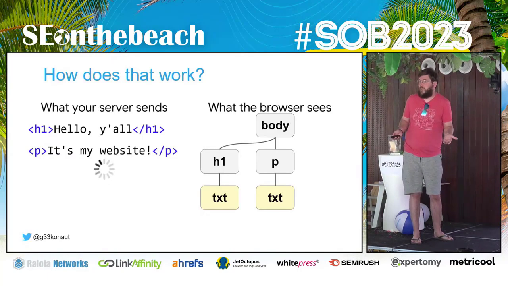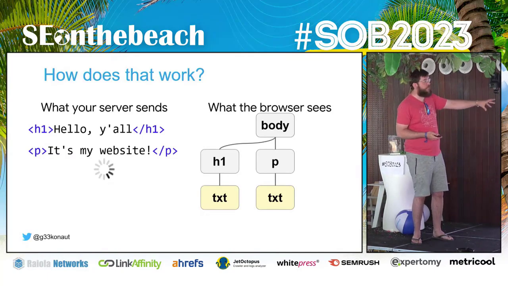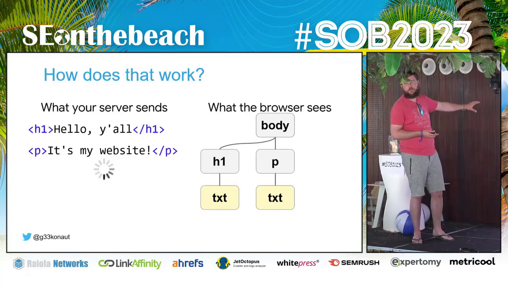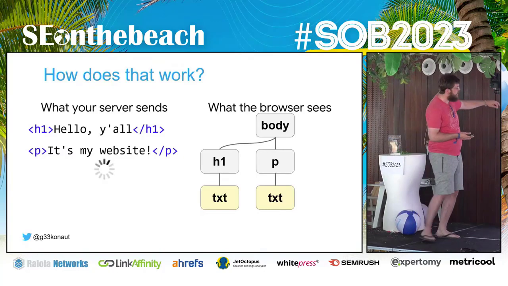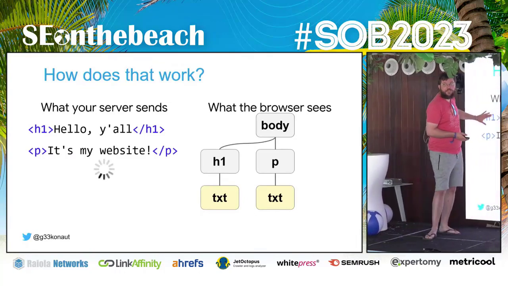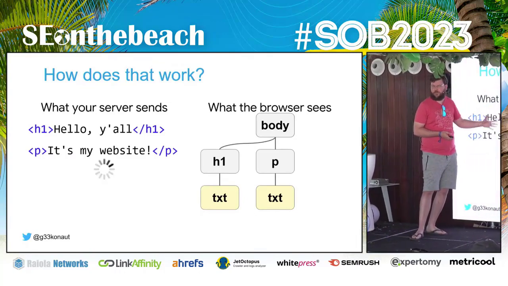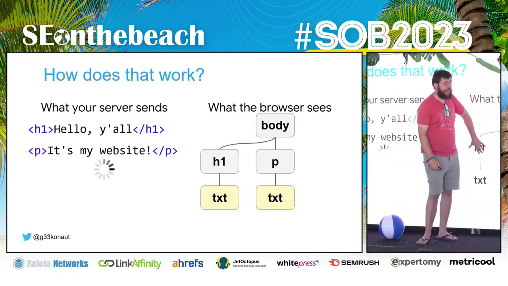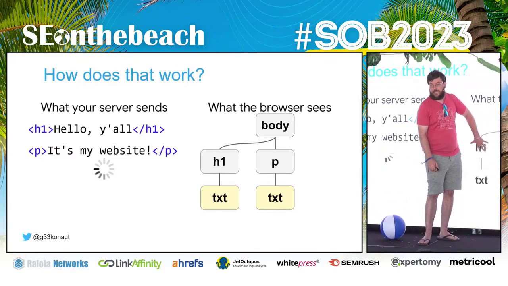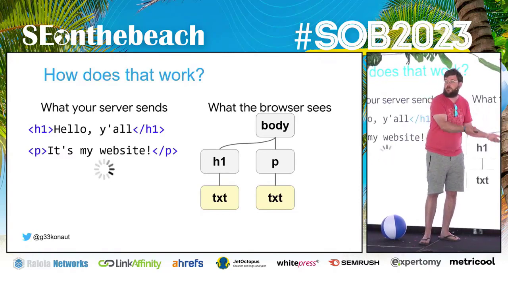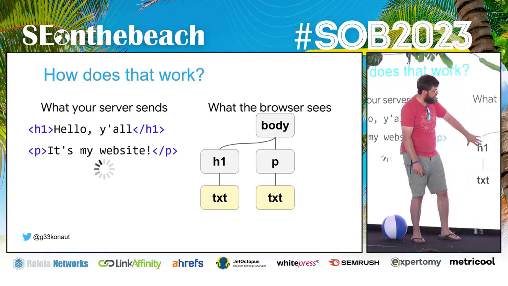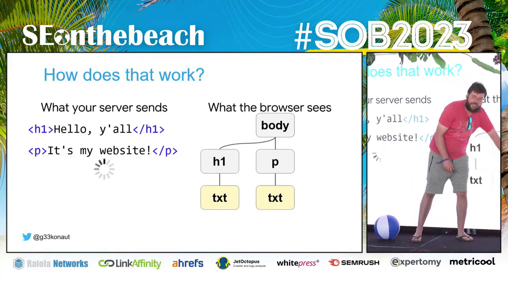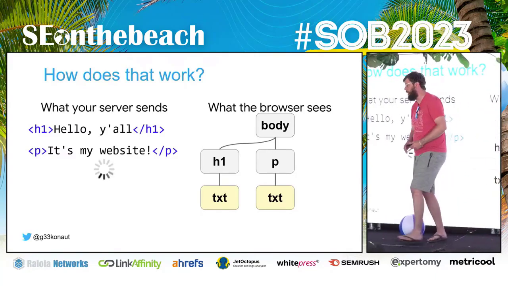Why are we dealing with that? Why do we do this? Why do we have to create this weird mapping structure that maps the HTML? Why can't we just say we'll work with the HTML? The HTML itself is fundamentally just a bunch of text. You can't really do much with it. But if I have this structure, then I can say, if I have this H1 and the user clicks on it, I want the website to do something. For instance, if I click on this, it needs to change the CSS on this, or if I click on this, I want this text to appear that hasn't been there beforehand.